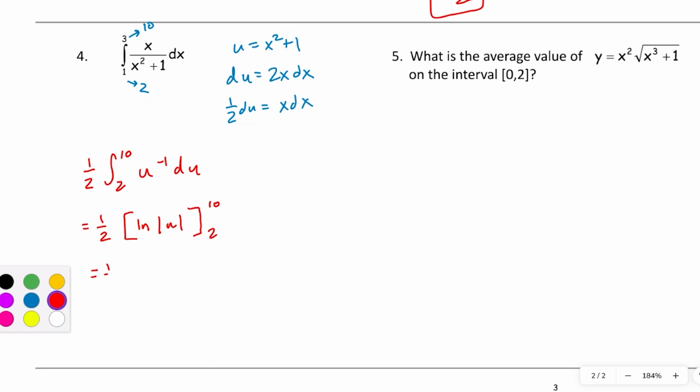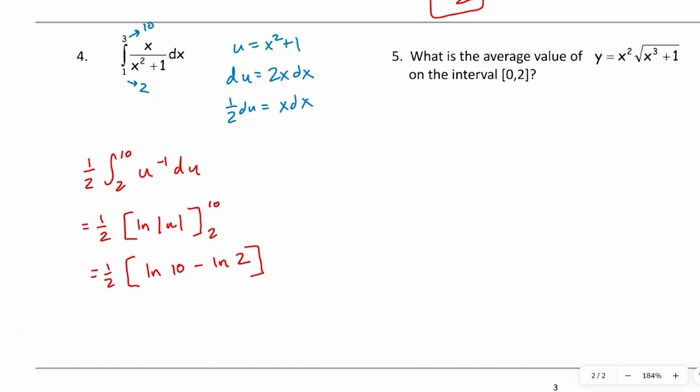Which would be 1/2 times the natural log of 10 minus the natural log of 2. You don't really need those absolute value bars anymore because you could just straight up evaluate it, right? The absolute value of 10 is 10. The absolute value of 2 is 2. Now, this problem actually came from a multiple choice question, and the correct answer choice was 1/2 natural log of